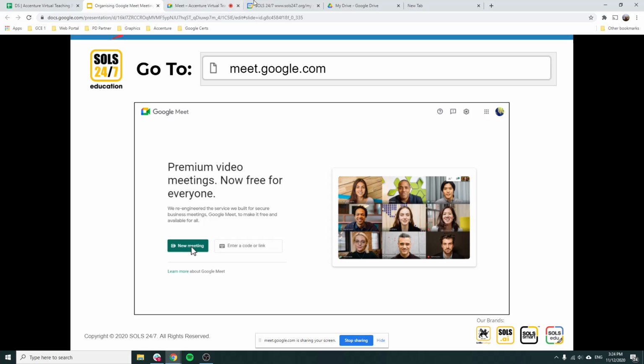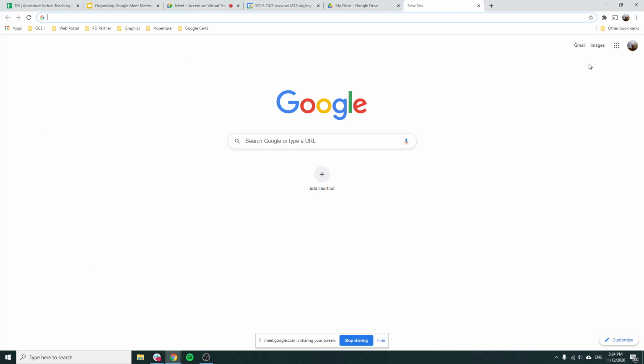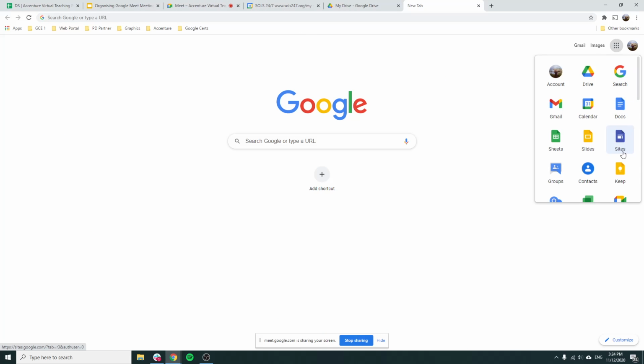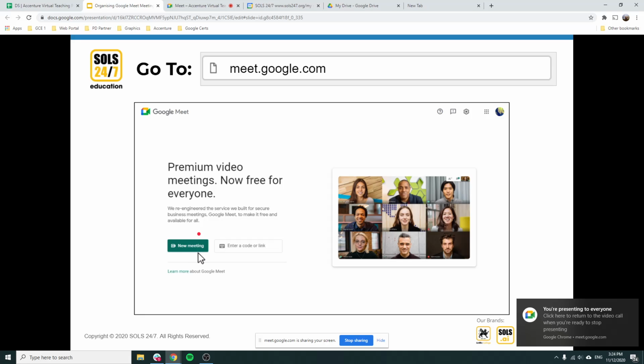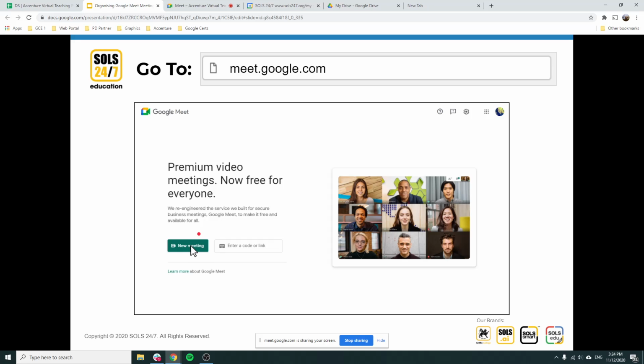If you open up meet.google.com, and right here, if you open up a new tab, click here and just open up Meet, and it will bring you here. This one is for a personal user at gmail.com. The screen will be different from a personal user as well as meet.google.com for Google Workspace. So here again, this is a personal account at gmail.com. In order for you to create a meeting, just click here, new meeting,